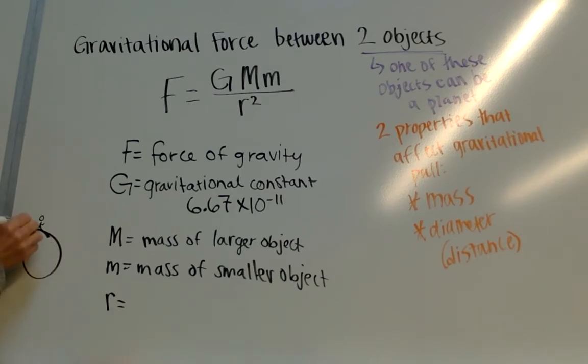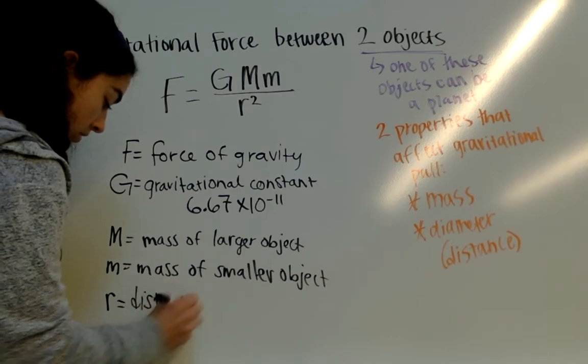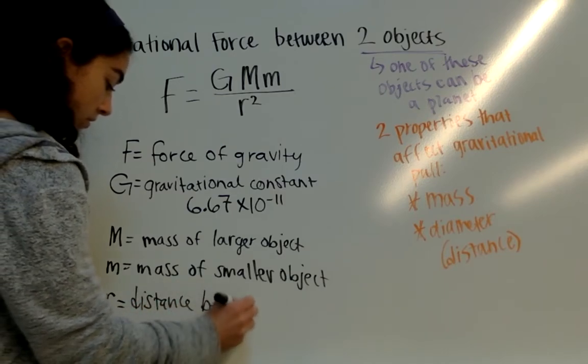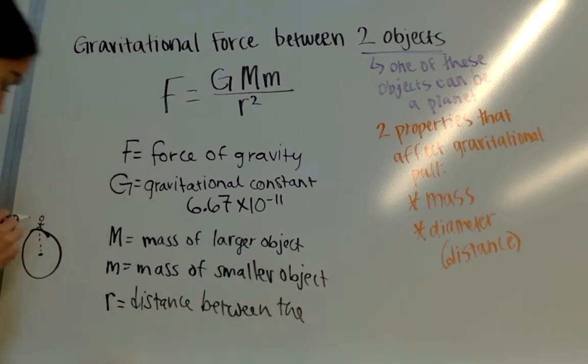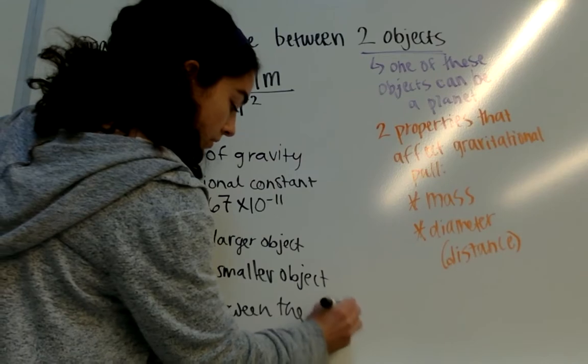Radius is from you to the middle. Radius is the middle of the planet, okay? And if we're talking about radius, we can talk about radius for a planet, but for any other objects, if it's not circular like this, it's hard to use the word radius. So it might be easier to write the distance between the centers of the two objects, okay? Between the centers